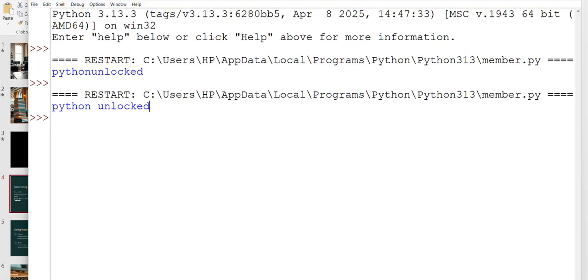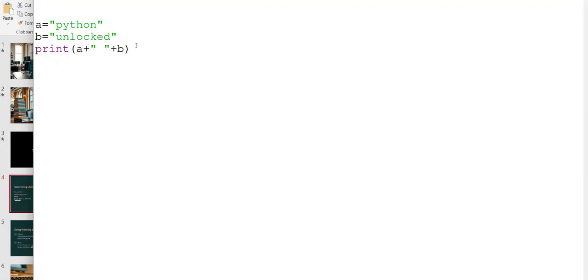Now, this is a way when the user is providing the input manually. What if the user is providing the input at runtime? How will that get combined?